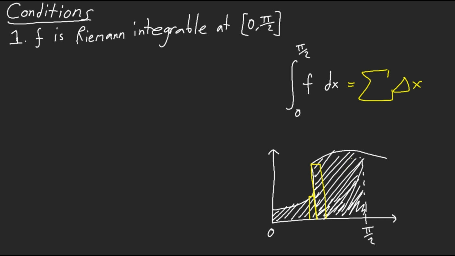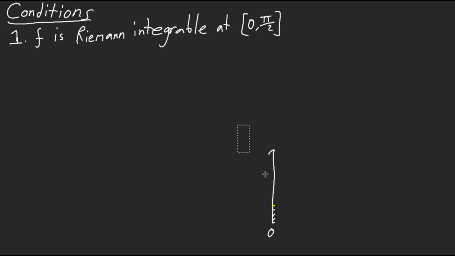That's all it is. In general, it just means make sure this function is integrable from 0 to pi over 2. And if it had something like an asymptote, you might want to be very careful, especially opposite asymptotes like that won't work. So, okay, it just needs to be integrable from 0 to pi over 2. I'm not going to go too in depth into that, but the second and third one,